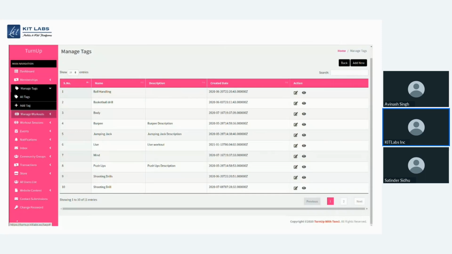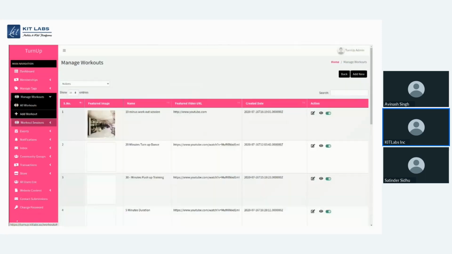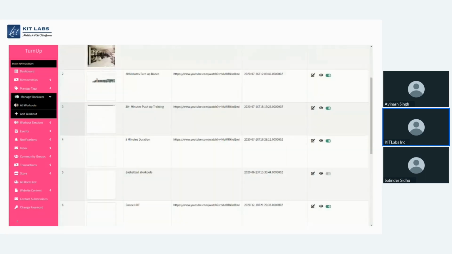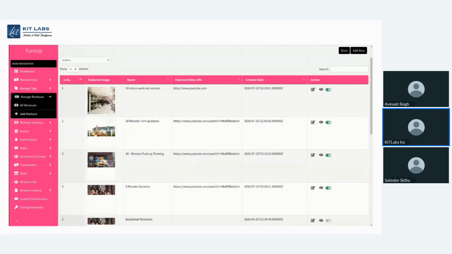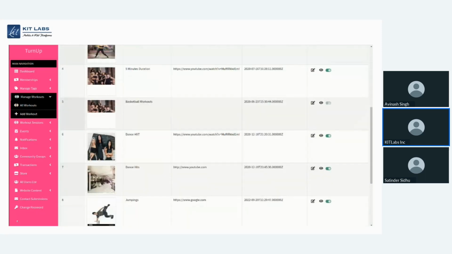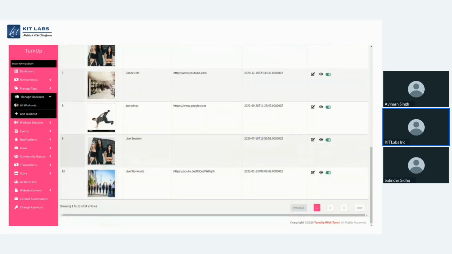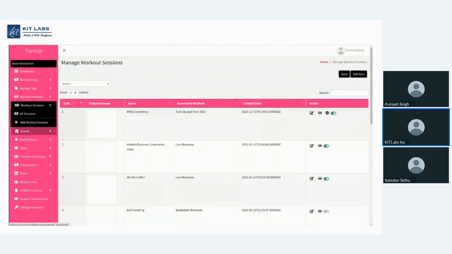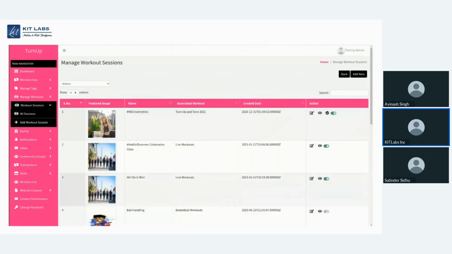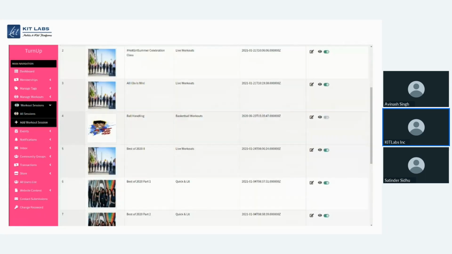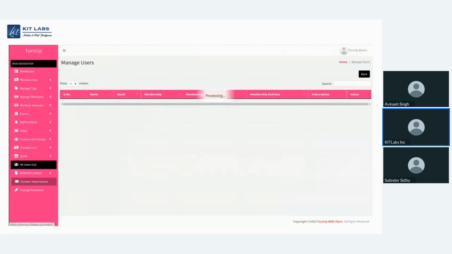They can add memberships, they can manage workouts, everything as an admin and owner. The mobile app works for the front-end user, but you have a backend where you are managing your whole mobile application. You can manage notifications, users, even messaging if it is happening on your app, so you can interact with your users also. So this is how the process works, and this is how the backend looks.